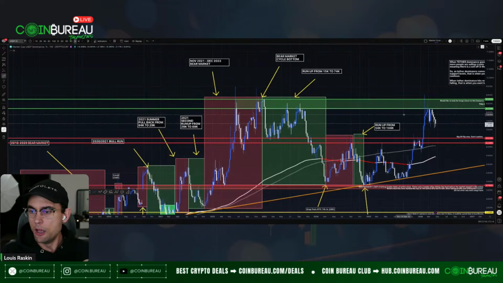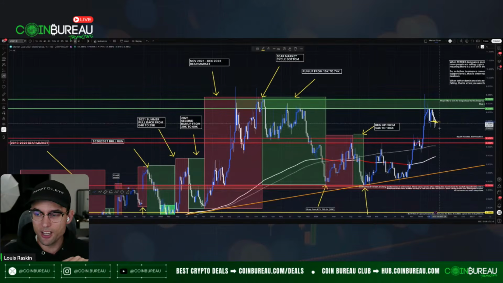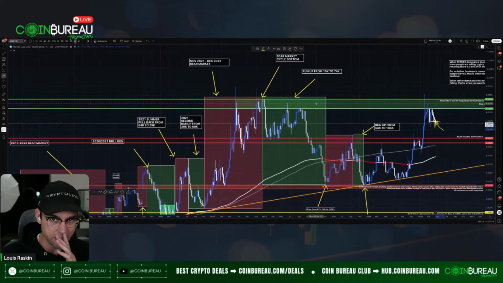But given where we are, we had the bearish market structure break on the USDT dominance. There's still 3 more days to go, and it does need to close underneath here, but it is looking pretty good. Now, the other thing to consider though